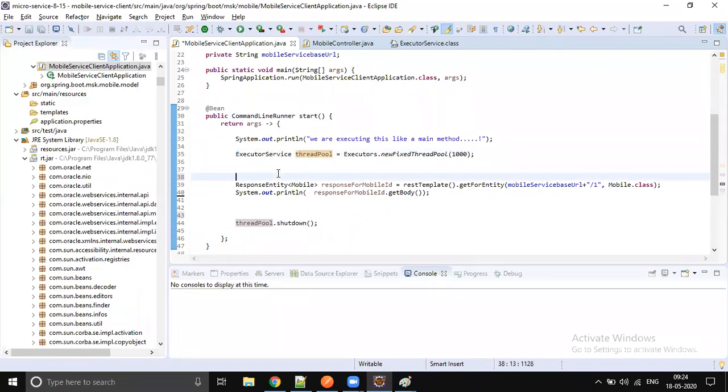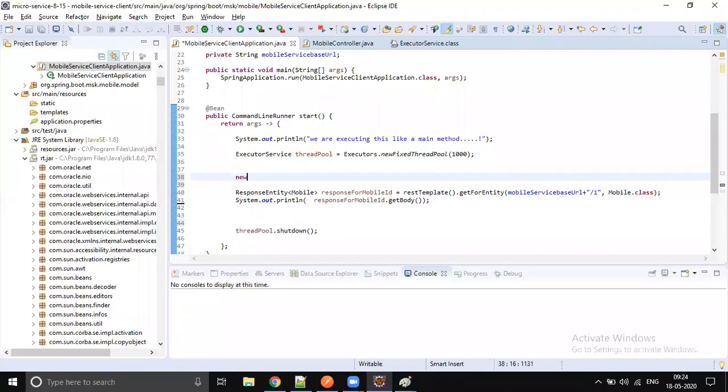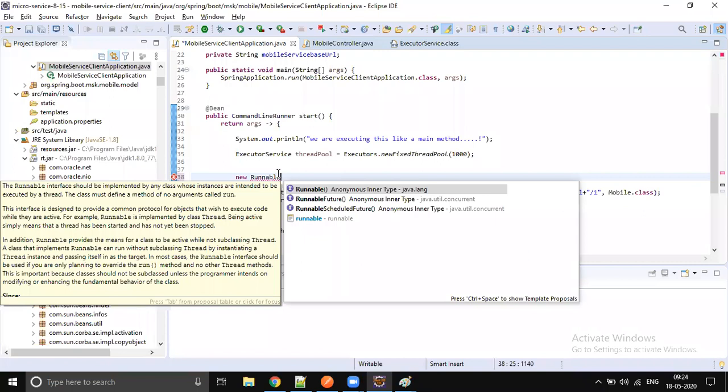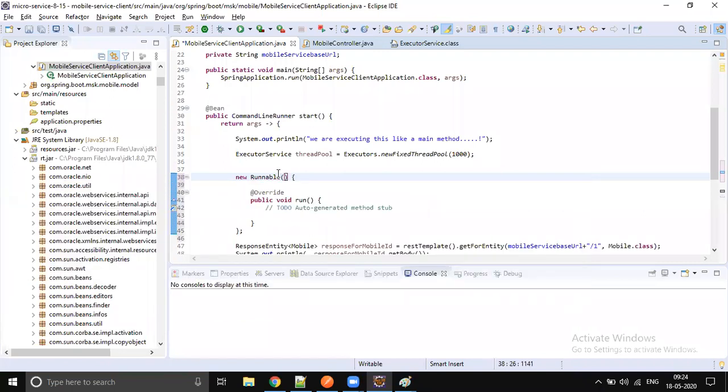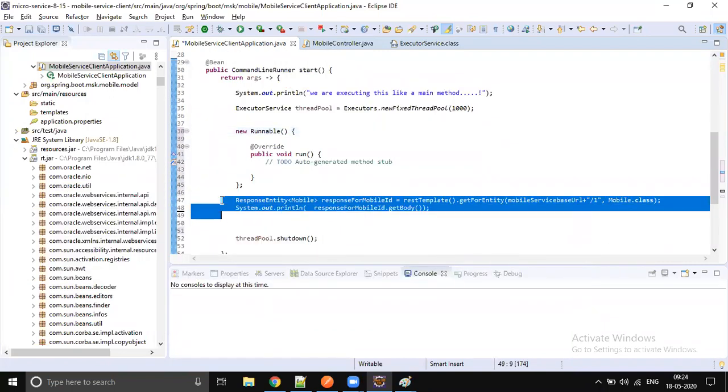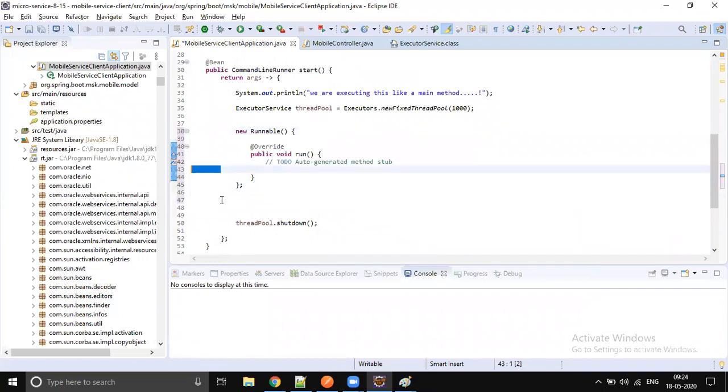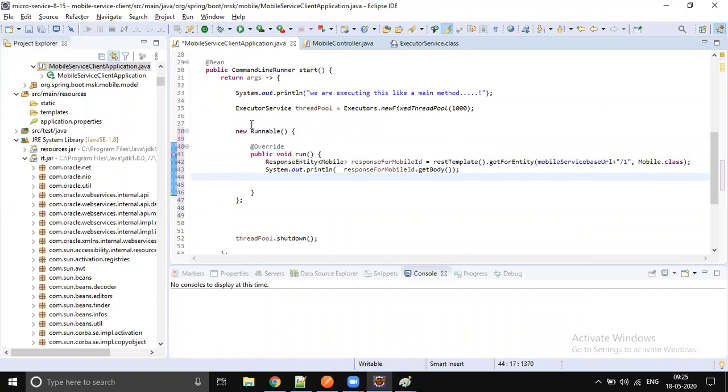We should convert this into a Runnable. You can write a lambda expression, or else an anonymous inner class. So each task is one Runnable. Let's assign this to a Runnable task.